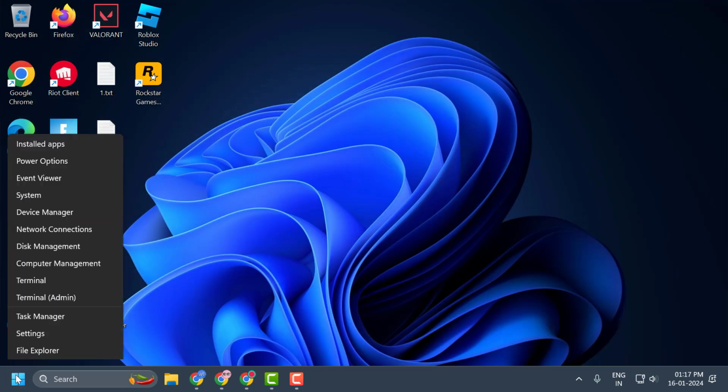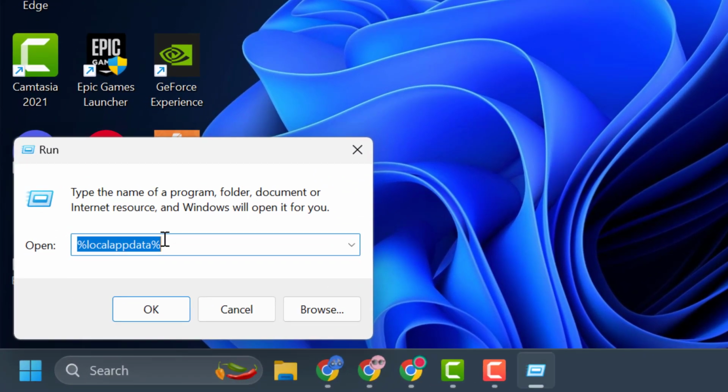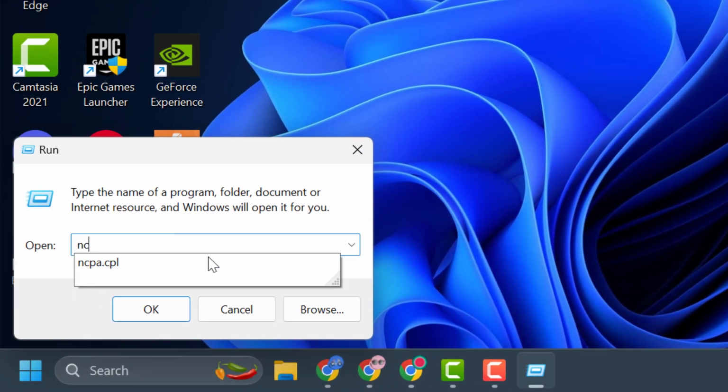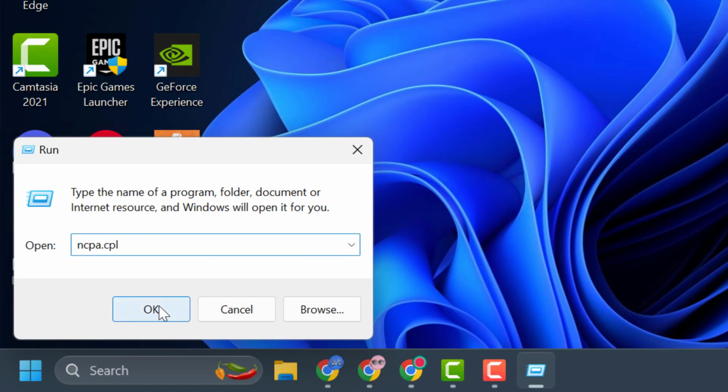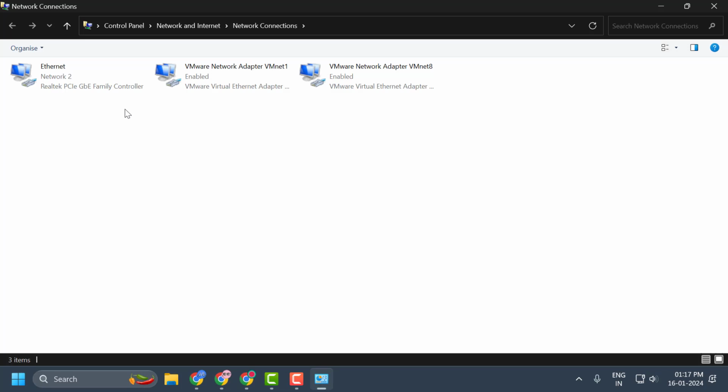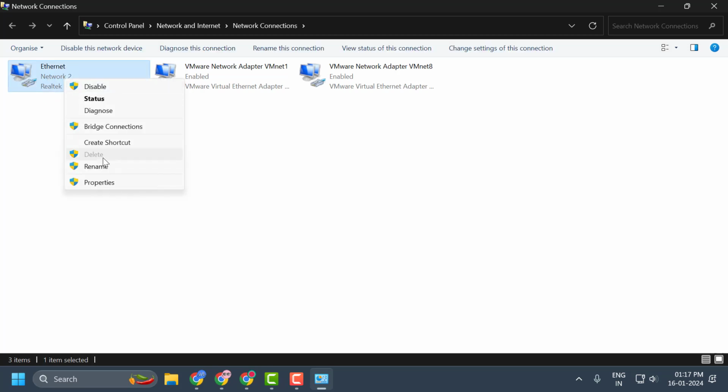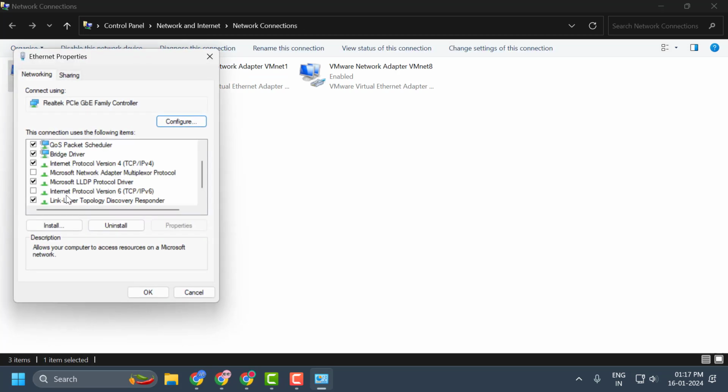You just need to right click on the start icon and select run. In the run window, type ncpa.cpl and click on OK. Now right click on the internet connection you are using. In my case I am using Ethernet. Right click on your connection and select properties. Find Internet Protocol Version 6 TCP IPv6 and uncheck this box, and after that click on Internet Protocol Version 4